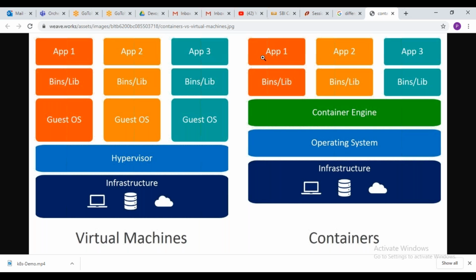We are creating a container which is going to use this base operating system. To spin up this container, we don't require minutes or hours, because virtual machine creation will take at least 30 minutes of install procedure. But here it will take not even 1 minute. Within seconds, this container gets created, because we are not installing any operating system here.